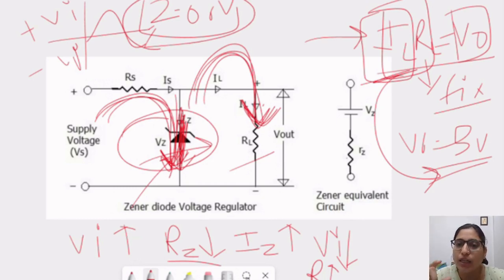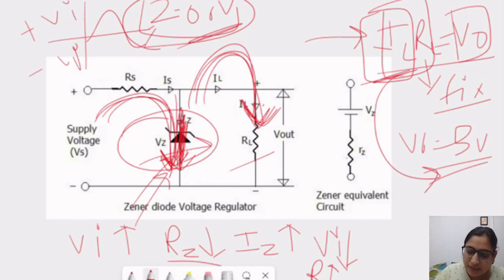Diode has a rating. I already told you that the diode has some rating, meaning how much power it can handle. Suppose this diode can handle 250 volts, so 200 volt it can handle. It is working as a voltage regulator. Beyond 250 volt it will break down, rupture, and that diode will be of no use. So if you increase the voltage up to a particular level, it will behave as a voltage regulator by regulating the resistance inside the Zener diode. And why is the resistance managed? Because it is a semiconductor device, and in a semiconductor device we can change the resistivity according to the input voltage. This is the property of semiconductors.